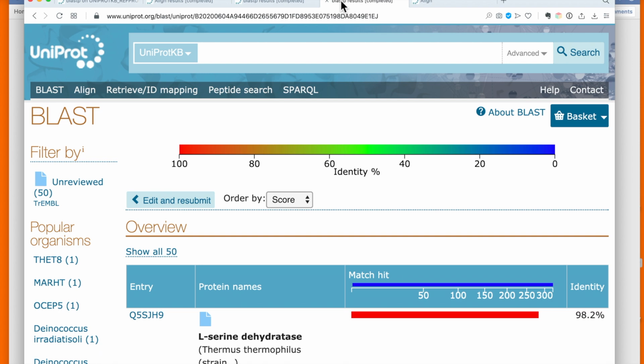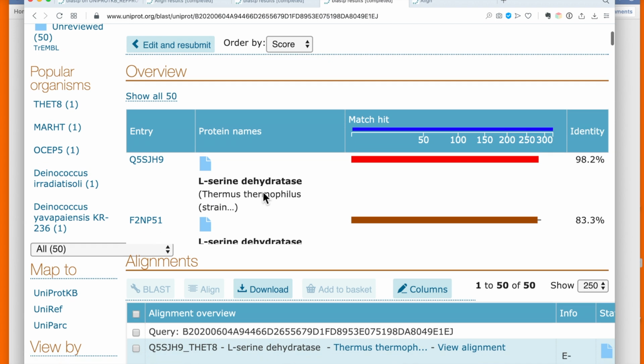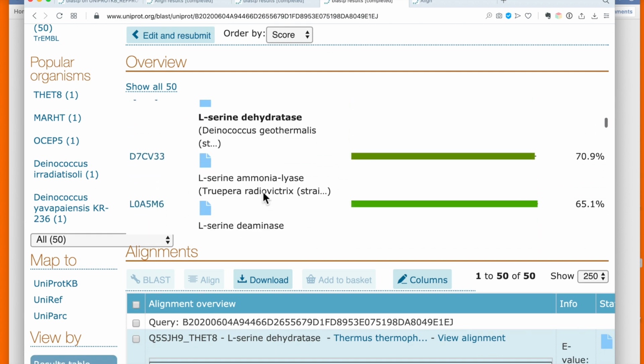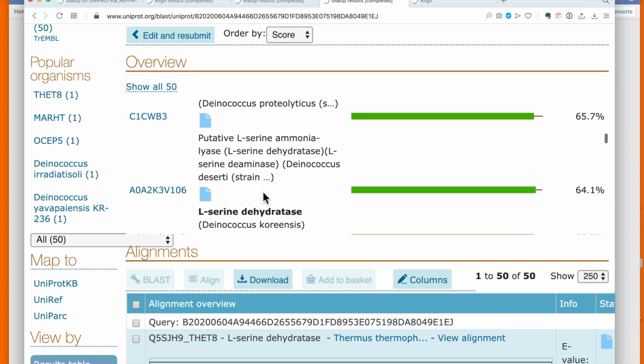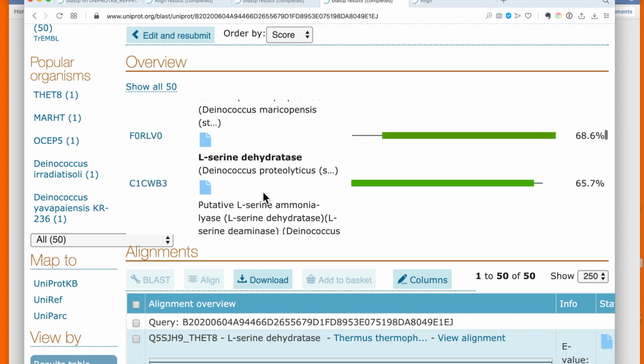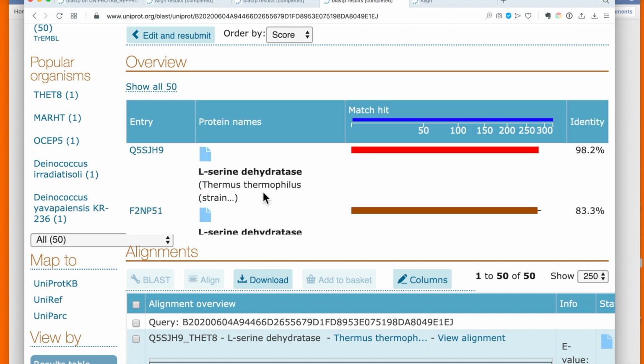Okay, now that we have received our blast results, we can look at them and we can see there's a number of instances found. All essentially agree on the enzyme found. So we are pretty sure that we found the right one, and it's the L-serine dehydratase from Thermus